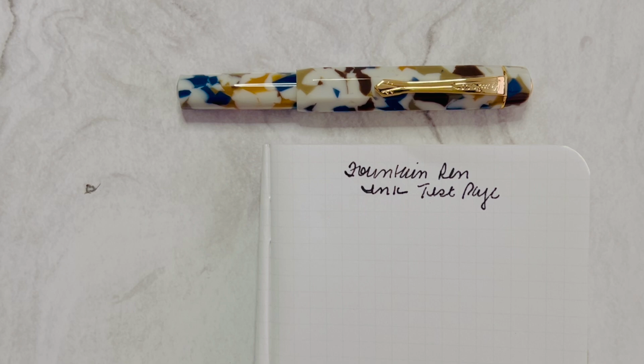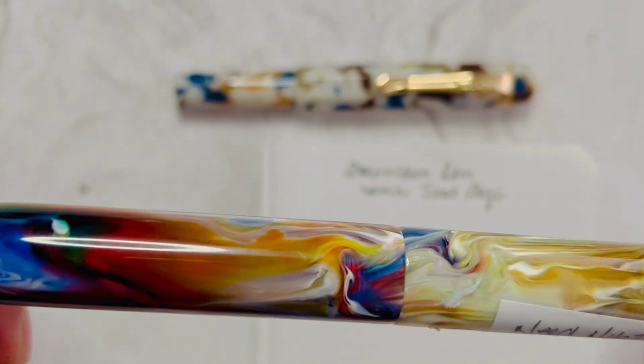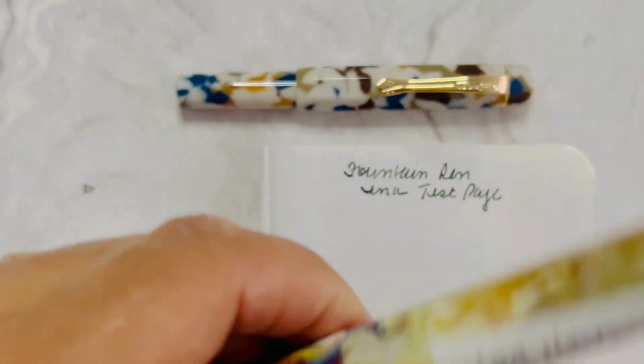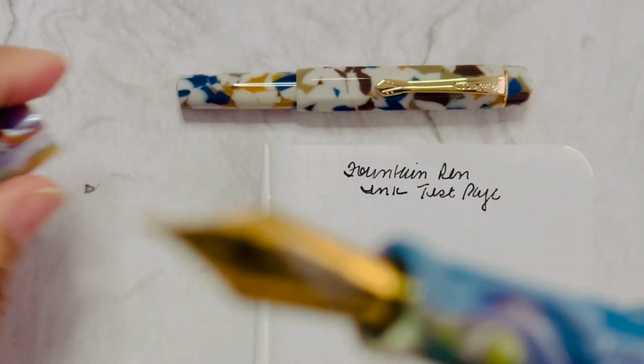And then this was the other disappointing one that I got last year. Once I got it home, I was really disappointed with how it wrote. This is a Jonathan Brooks body with a Galen Leather collab. I actually had to sit here and say, needs work, needs to be tuned. This also now has been tuned to a